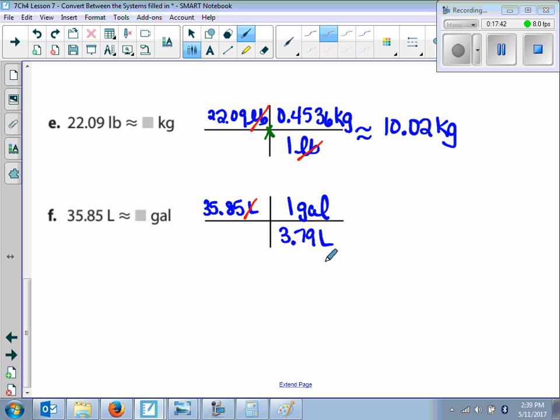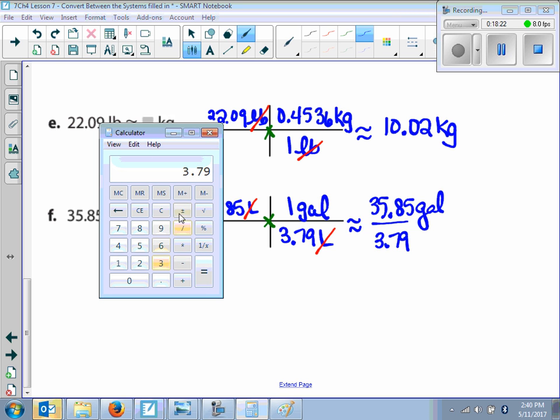So now you can see that liters and liters will cancel, and we're going to multiply straight across. So when we multiply straight across, we get 35.85 gallons, and we are going to divide that by 3.79. So now we can go ahead and grab the calculator. So that's going to be 35.85 divided by 3.79, and that gives us